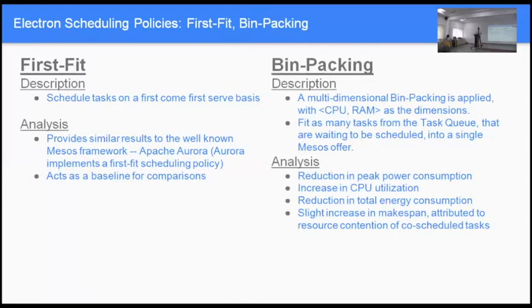And bin packing is a classical algorithm. In fact, it's NP complete. If you look at the different resources that are there and what you're trying to bin pack, it's an NP complete problem, which means you cannot possibly in polynomial time come up with a good solution for this. So we try to have some heuristics for how we will do bin packing. In fact, we've shown this is a multidimensional bin packing problem. So we have a classical computer science bin packing problem where you say, okay, we will not go to the second node till we have exhausted running everything in the first node, and then the second node, then the third node, as opposed to first fit that just spreads essentially.